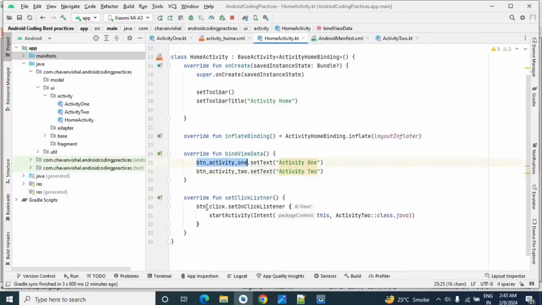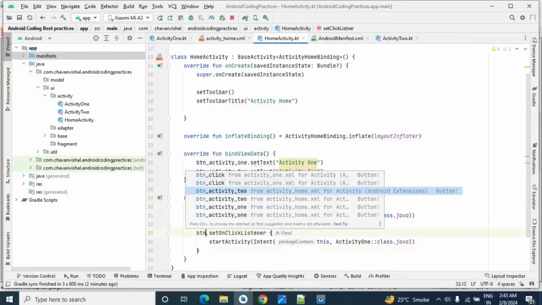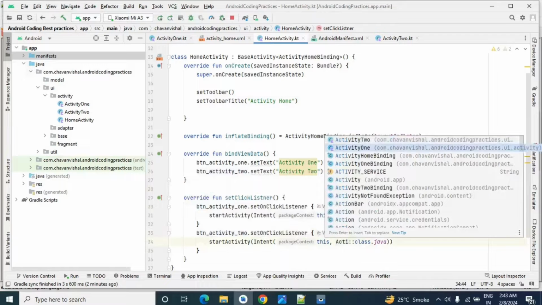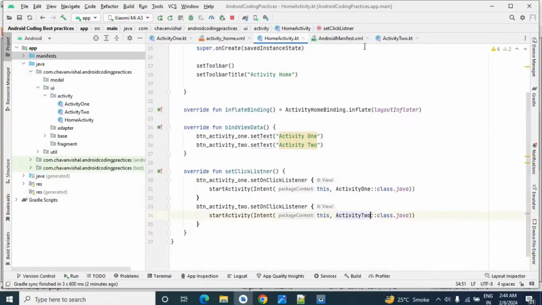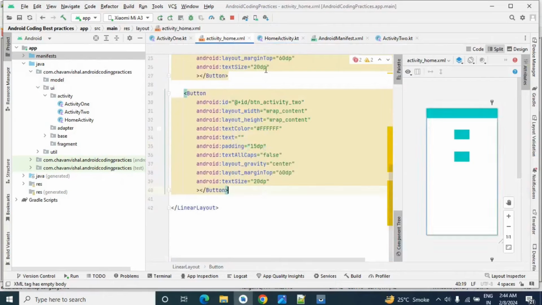Okay, again on click of first button I am opening activity 1, and on click of second button I am opening activity 2. So this is our home activity code is ready. This is our home activity KT file code and this is our home activity XML file code.